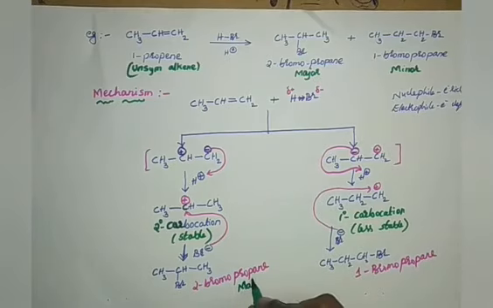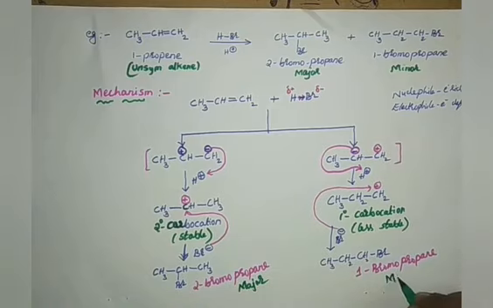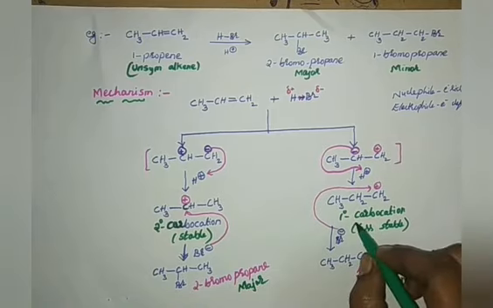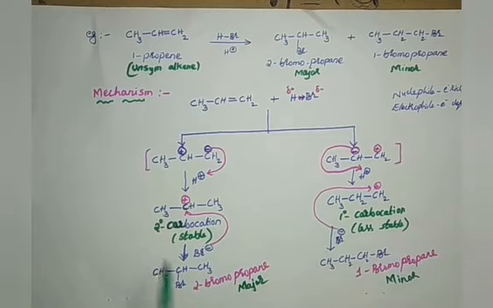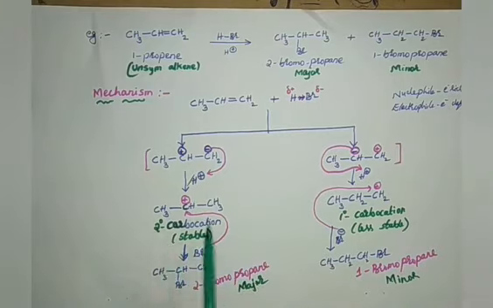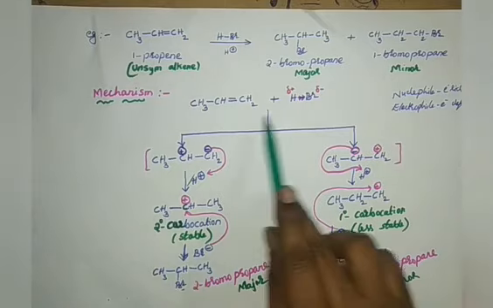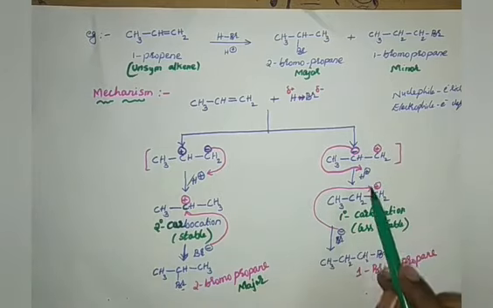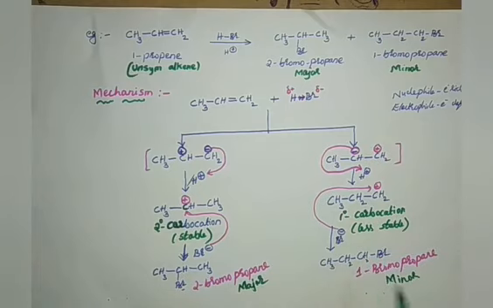Now, we can justify why it is major and why it is minor, because this is forming from the less stable carbocation and this is forming from the more stable carbocation. More stable, rate of formation will be more. Less stable, rate of formation is less. For your sake, I can convey it like this. If 100 grams is taken, maybe around 80-90% of this secondary carbocation is formed, thereby reacts with bromine and forms this product. Whereas only a few of the molecules form this and lead to this product. Therefore, it is considered to be the minor and this is the major.